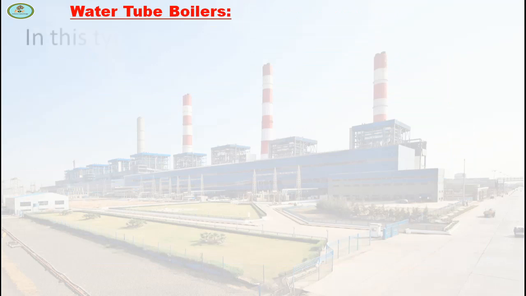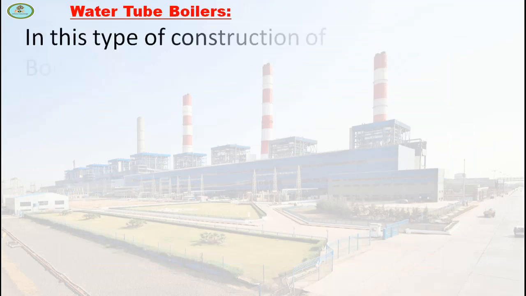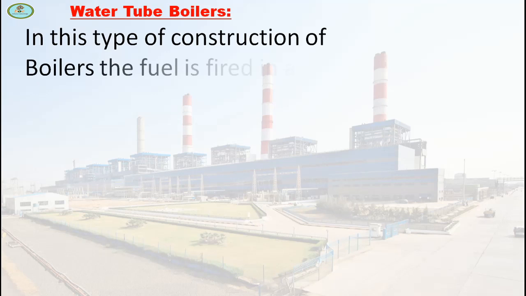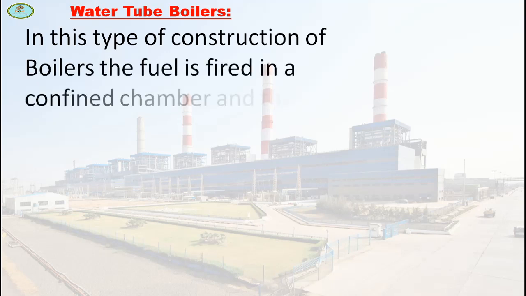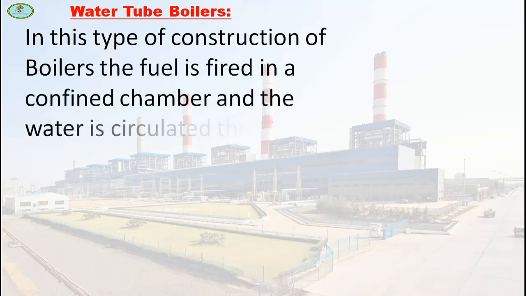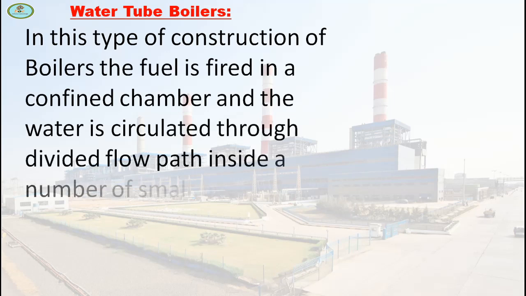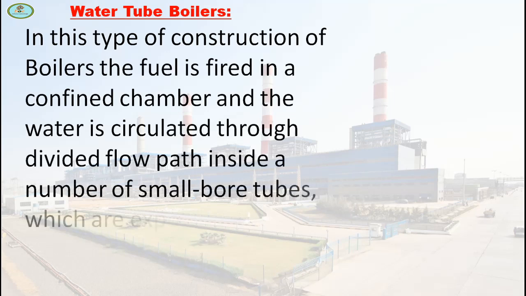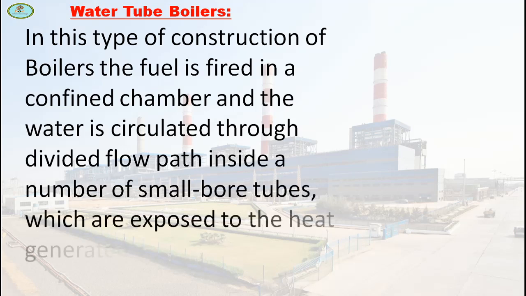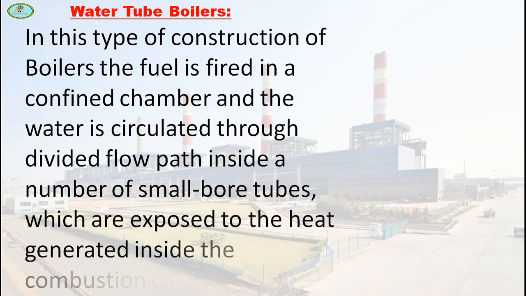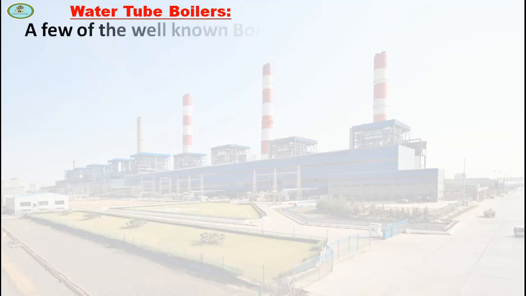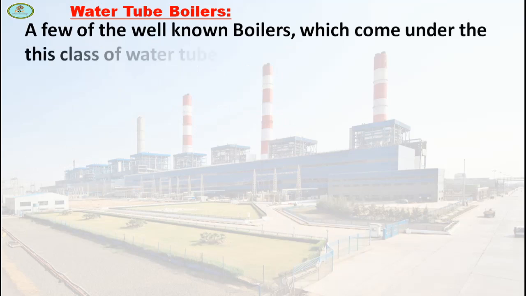Water tube boilers. In this type of construction of boilers, the fuel is fired in a confined chamber and the water is circulated through divided flow paths inside a number of small bore tubes, which are exposed to the heat generated inside the combustion chamber. A few of the well-known boilers which come under the class of water tube construction are as follows: